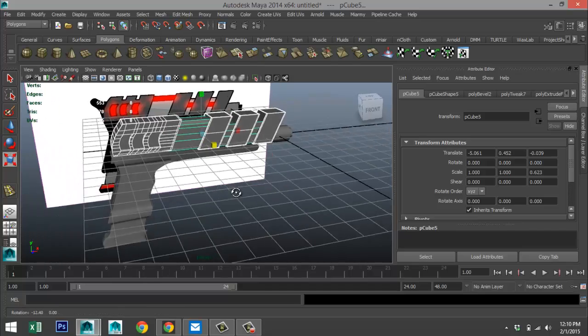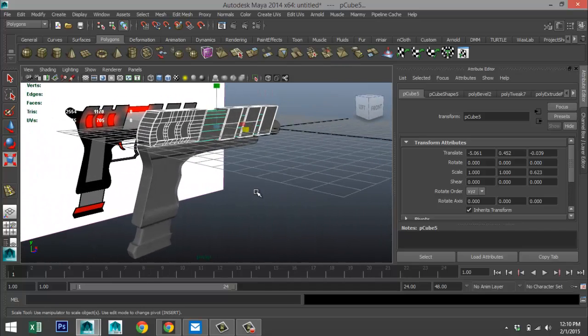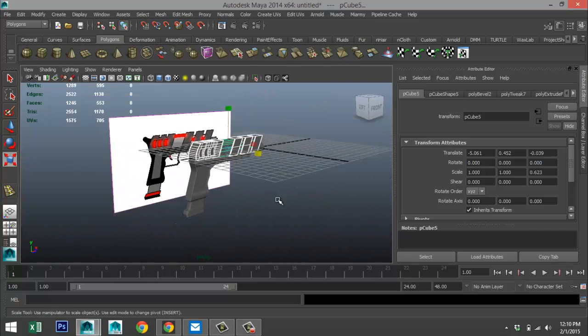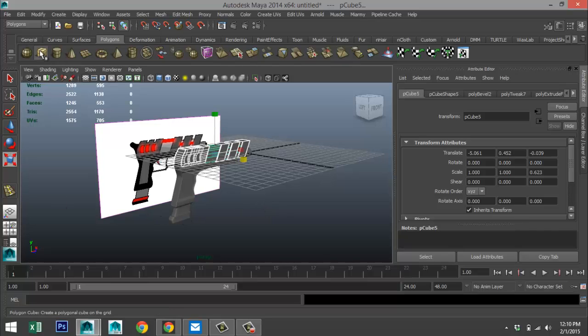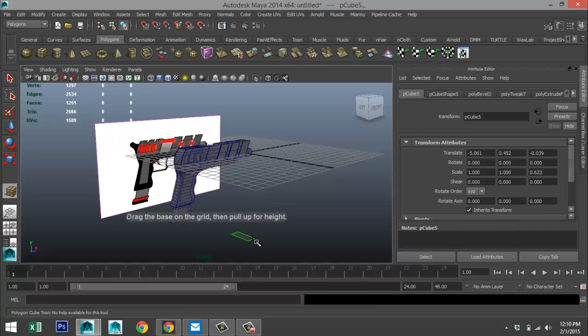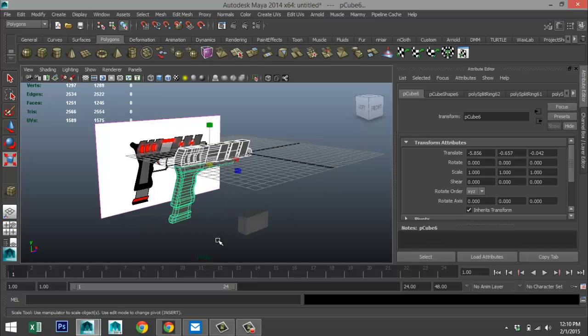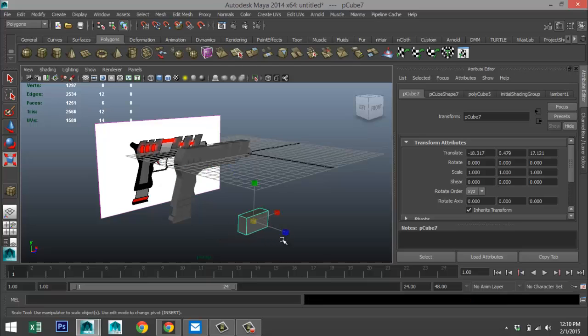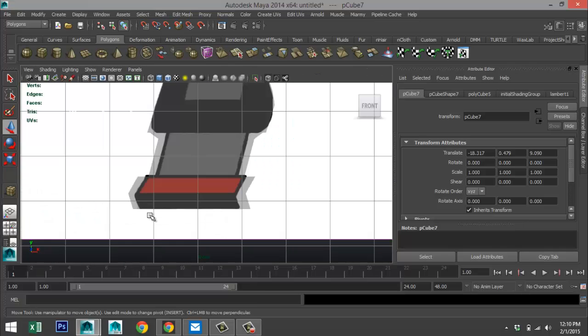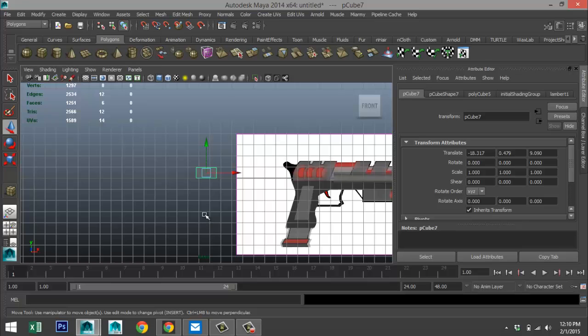All right. So now let's focus on the trigger. So for that, polygon cube. And before we get into that, just select this guy and hit 1 on our keyboard. Okay, there we go. We're going to hit W. We're going to move that in towards where our trigger, or actually it's not our trigger, you know what I mean.